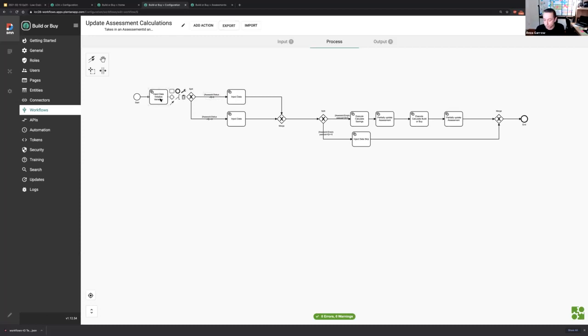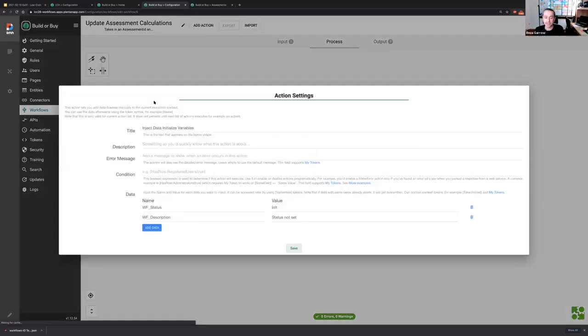A couple things I like to do in workflows, and I'm going to wrap with you guys a little bit, because as we mature as a company and we've got so many years of building these systems and building the tool, we are seeing some best practices and patterns that we're using. I want to share some of that with you all, give you some ideas. So one thing I like to do, especially when there's a lot of workflows, is start with an initial action, which is just to put into context